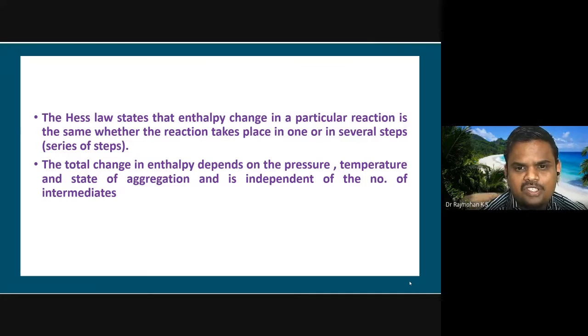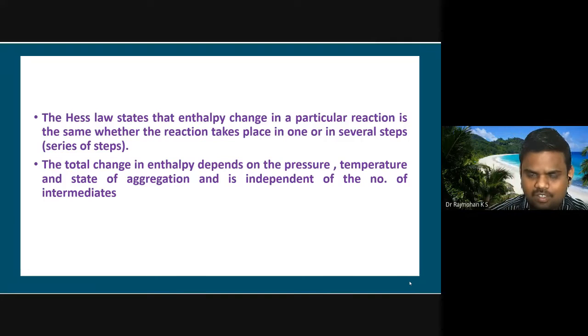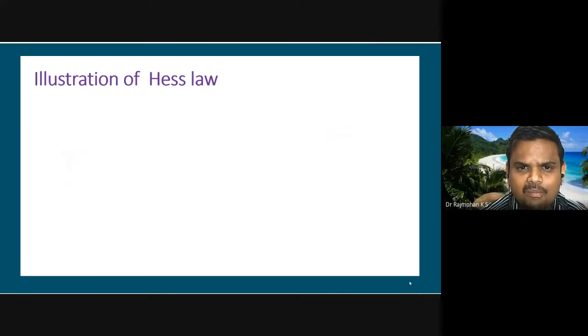The heat of formation or enthalpy change, whether it takes place in single step or multiple steps, only bothers about what is the reactant and final product. The intermediate steps, it doesn't depend on them, because whatever is the number of steps, a consecutive series of reactions it undergoes, the heat of the reaction we are going to get for a given reactant and product is going to be the same at a given temperature.